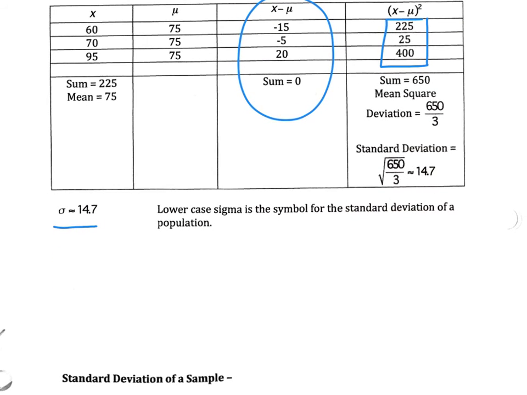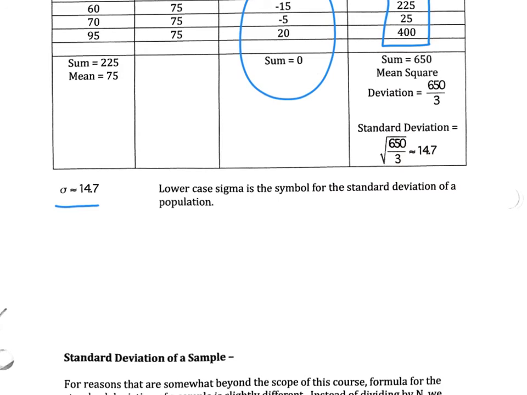Okay? There are some typos in the formulas on the next page. So what I'm going to have you do is write the two formulas here for the standard deviation of a population and the standard deviation of a sample. Here's what we did. Lowercase sigma, standard deviation of a population, is equal to the square root of, since we did the square root last,